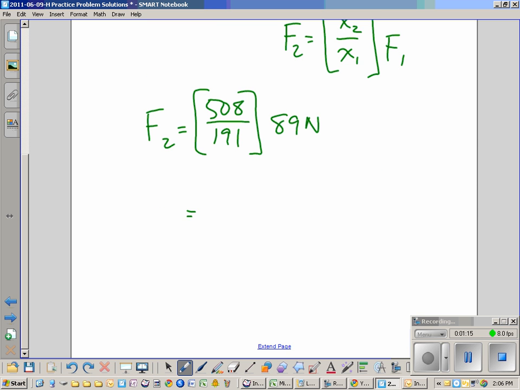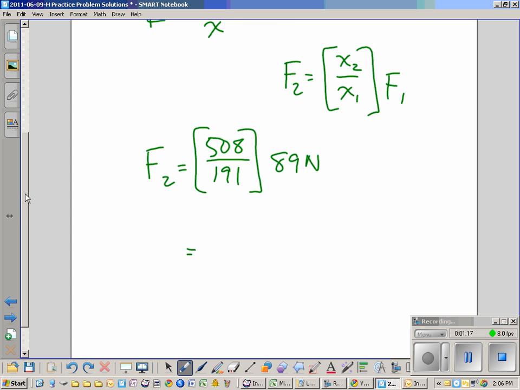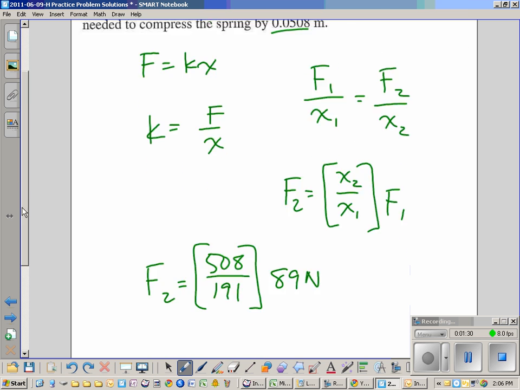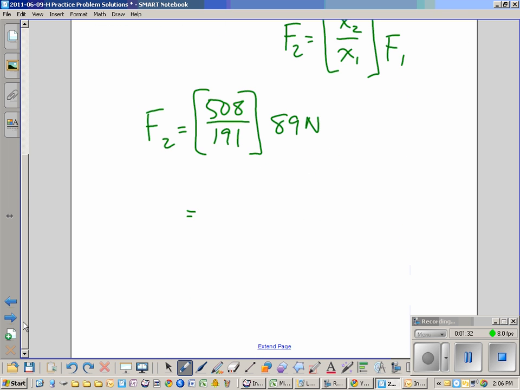So, does it make sense that this is going to be bigger than 89 newtons, right? Sure, because before it was 0.0191, now it's 0.0508. So it's a greater distance, so we know it's going to be linearly proportional to a greater amount of force. So 508 over 191, again, it's around 2.5, 2.6, 2.58, 2.56,